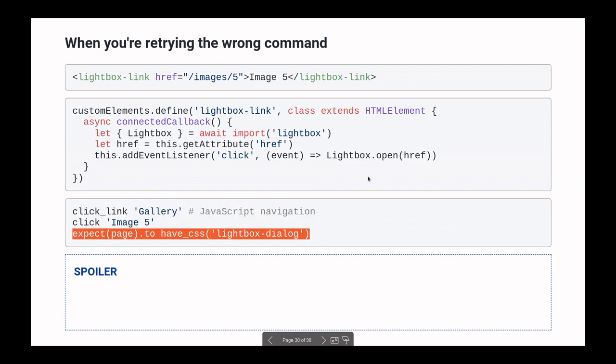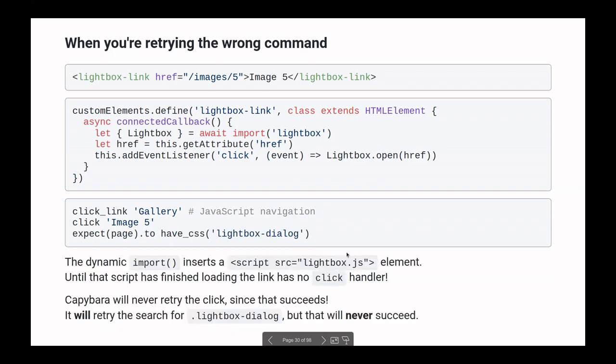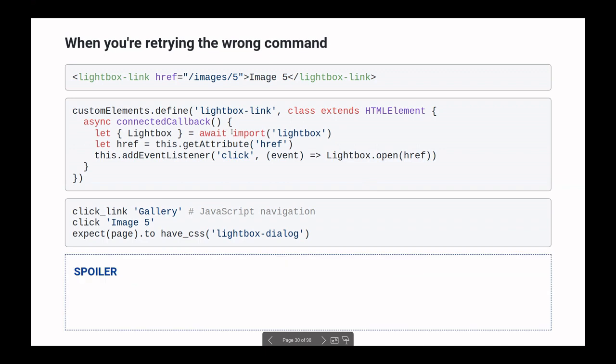So do we have a timing issue in this test here? Exactly, it may be that we click too early, because what this import function does is it loads a new piece of JavaScript, and that needs to go through the network, and that is async work.